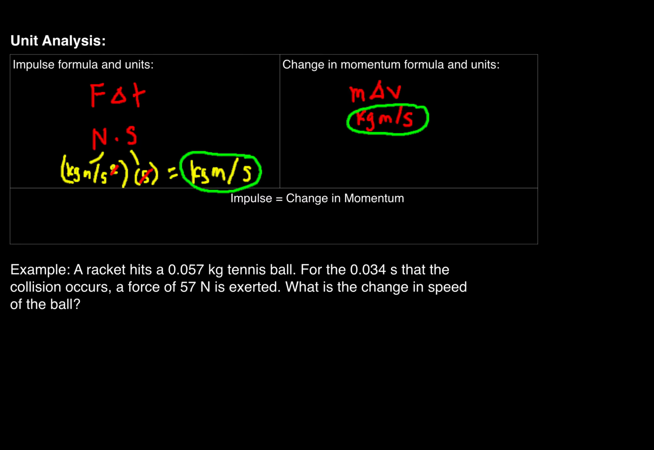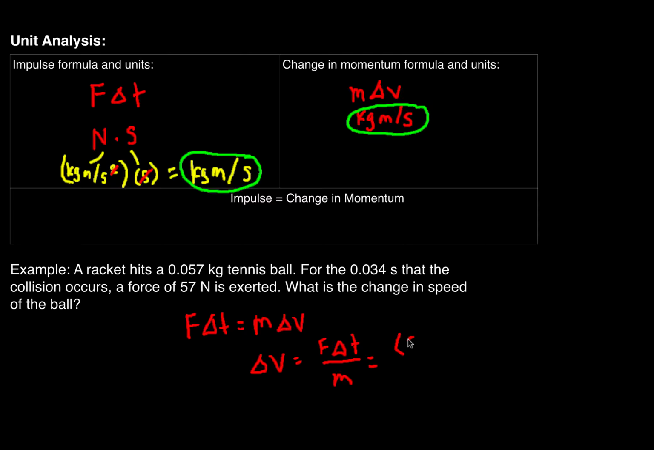Here's an example. A racket hits a 0.057 kilogram tennis ball. For the 0.034 seconds that the collision occurs, a force of 47 newtons is exerted. What is the change in speed of the ball? We use this impulse-momentum relationship that we derived, F delta t equals m delta v, to calculate the change in velocity. Change in velocity would be F delta t divided by m,